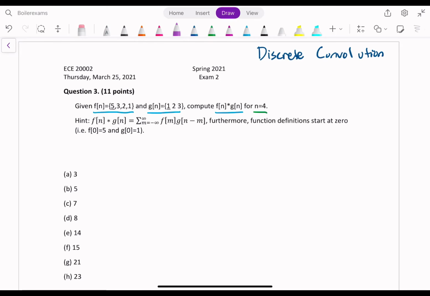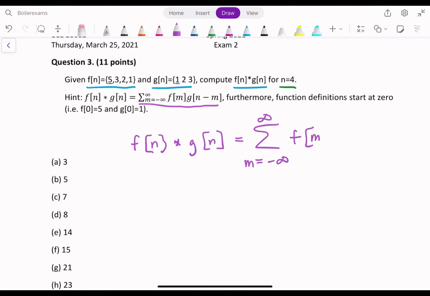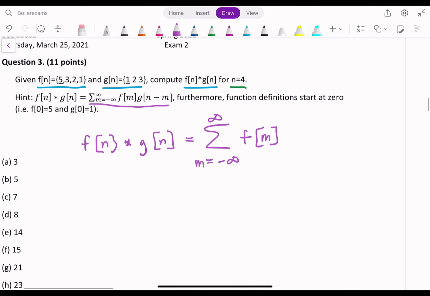And so they have given us the definition of what discrete convolution is. And so I'm just going to go ahead and write that out. We're going to convolve f of n with g of n, and we are going to then set n to a specific value of 4, and we will have our answer. And so this is equal to the infinite sum from m equals negative infinity to infinity of f of m. So what we're doing here is we take f of n, and we just plot it straight